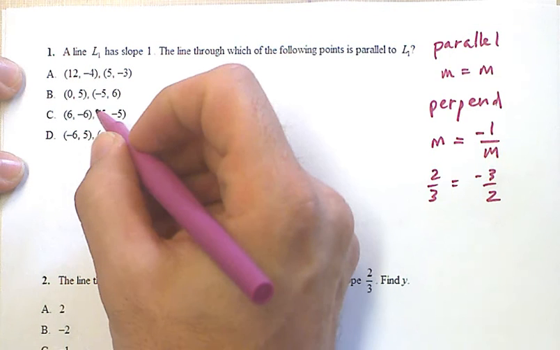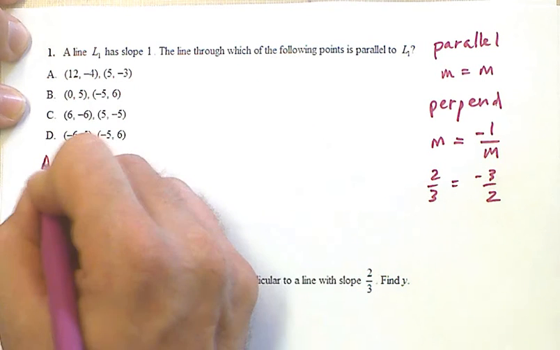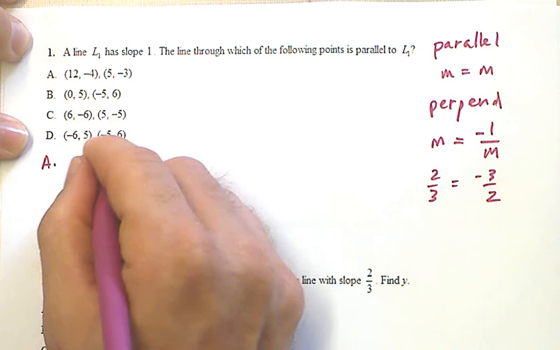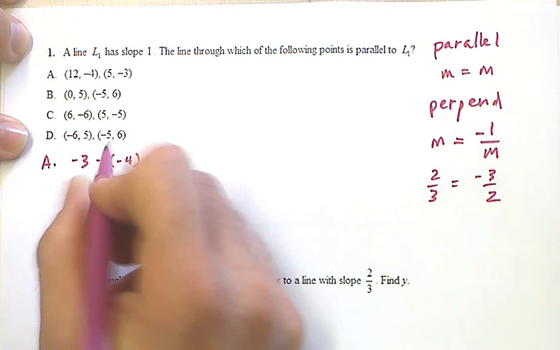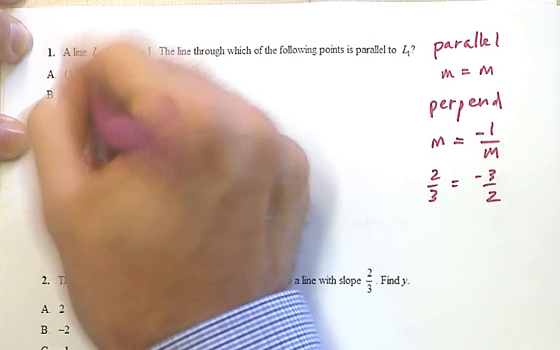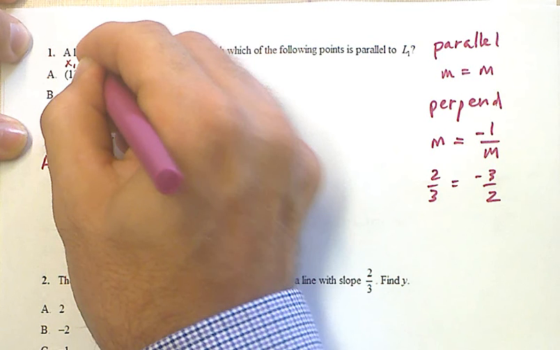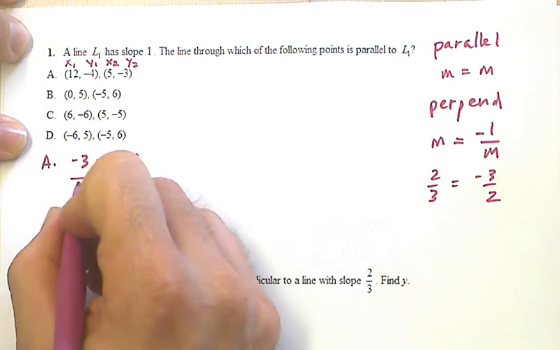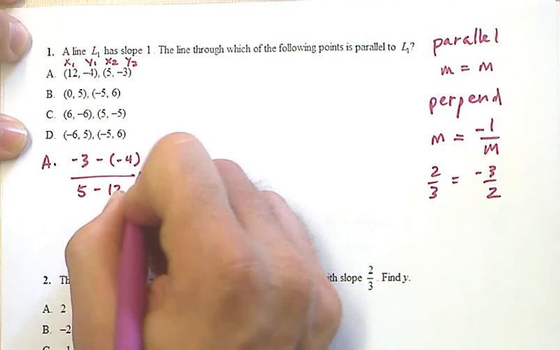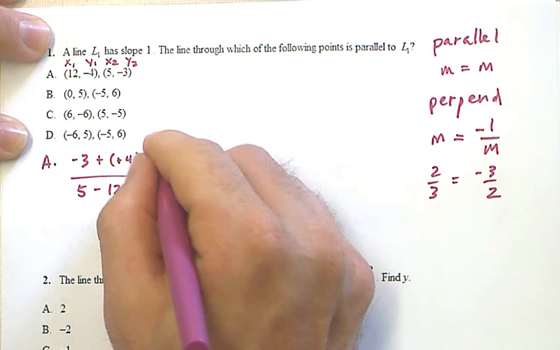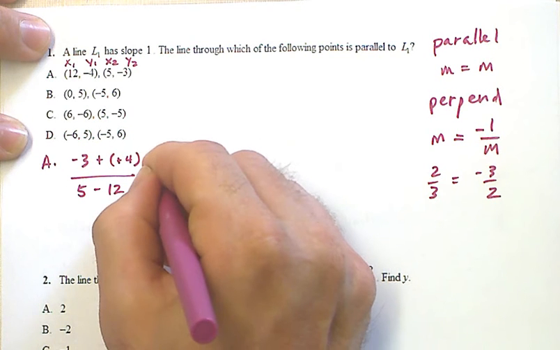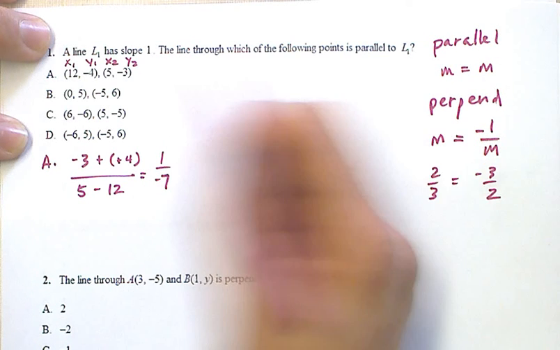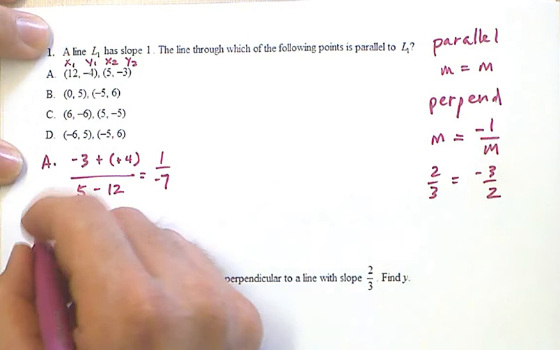So what I need to do is find the slopes of each of these lines: negative 3 minus negative 4. Here I'm doing my y2. All these in a column are going to be x1, y1, x2, y2. And then I have 5 minus 12. This is adding, 1 over negative 7, okay, which means my slope is 1 over 7. I'm looking for just something with a slope of 1. So we can look at B,